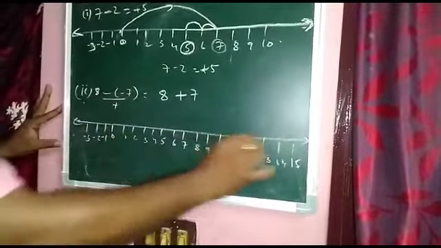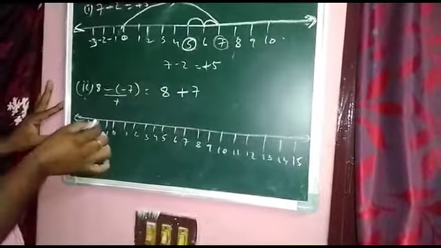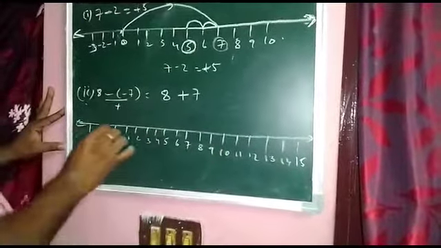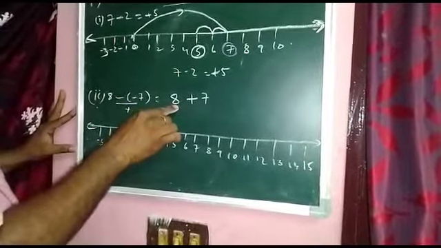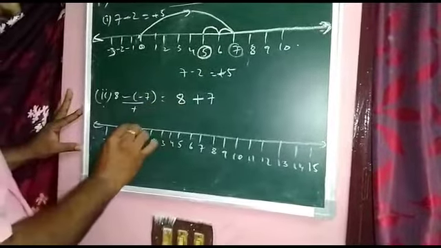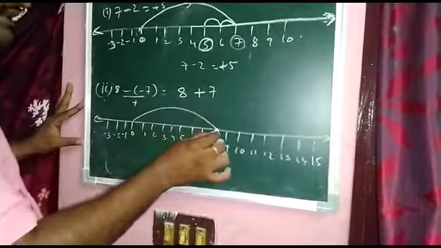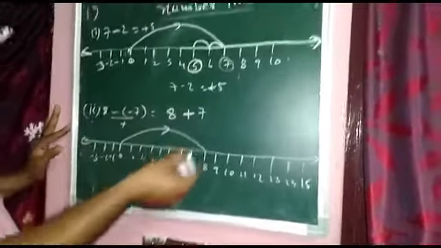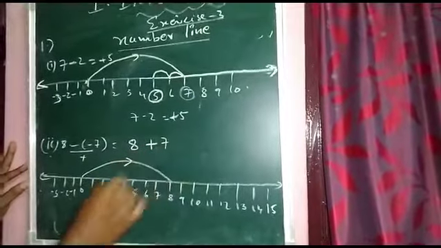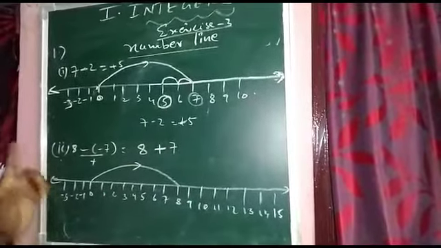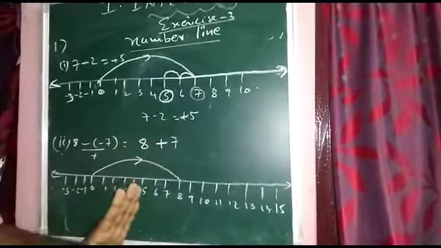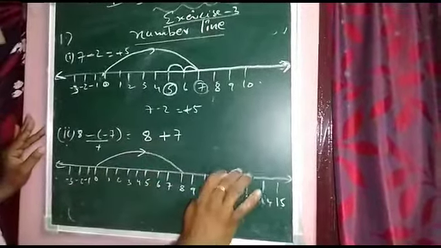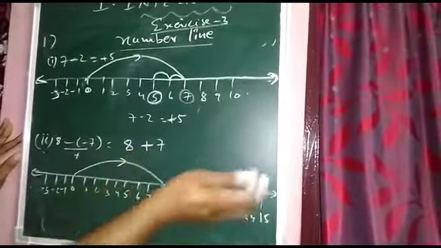Now first draw a number line. Keep the 0. Left side negative numbers, right side positive numbers you draw. Now the first one is a positive number, up to 8. Draw a line 0 to 8. From 8 onwards, how many points do you want to add? 7 points. Positive numbers always move left to right. Negative numbers move only right to left. But both are positive numbers, so all will move in the left to right direction only.